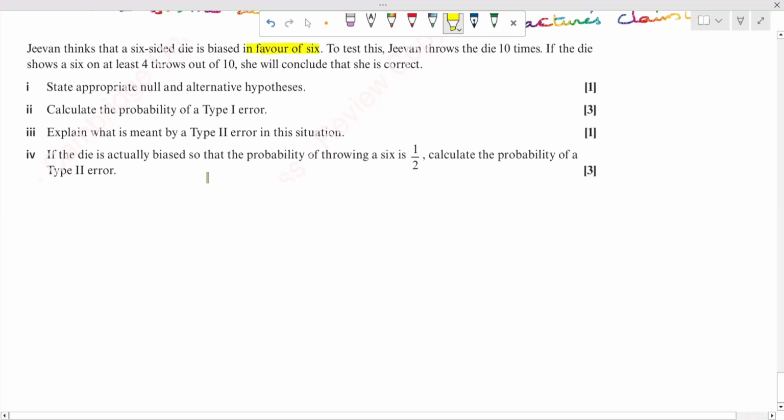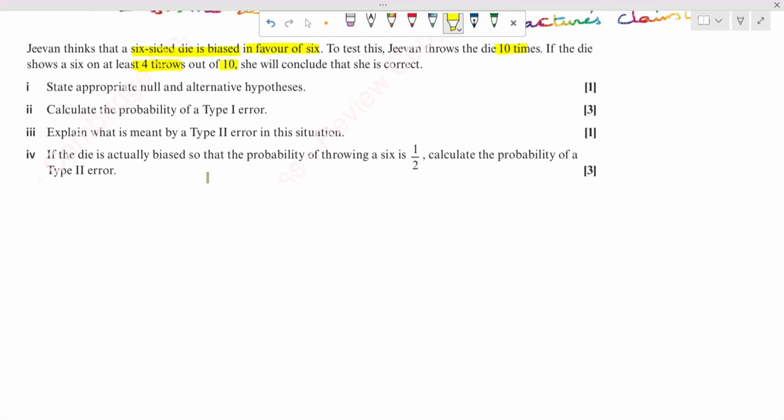Okay, now see here, the last question says, Jeevan thinks that a six-sided die is biased in favor of six. To test this, Jeevan throws the die 10 times. N is equal to 10 is given over here. If the die shows 6 on at least 4, means 4 or above, so 4 or above out of 10,